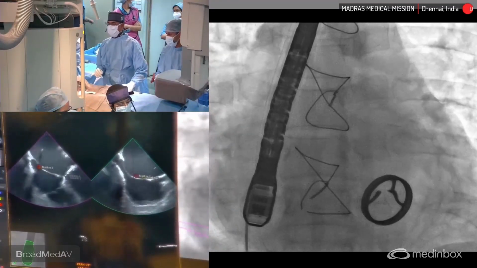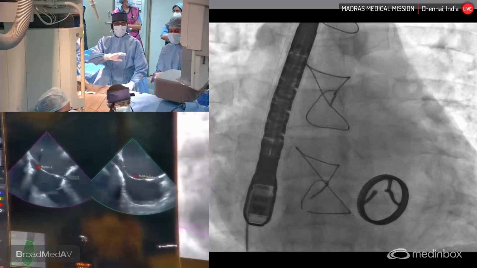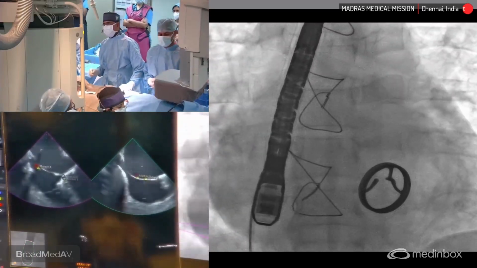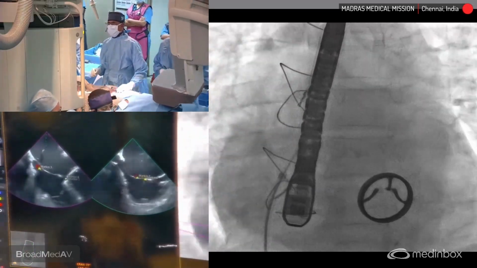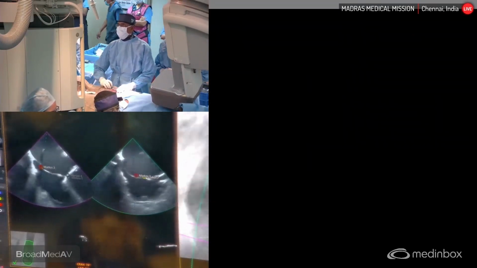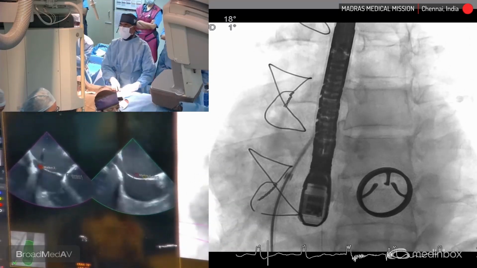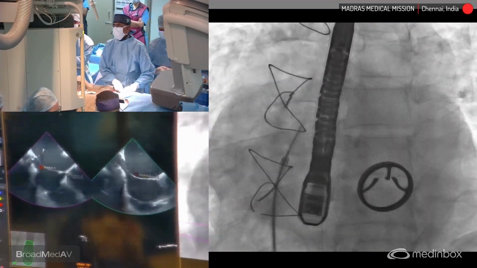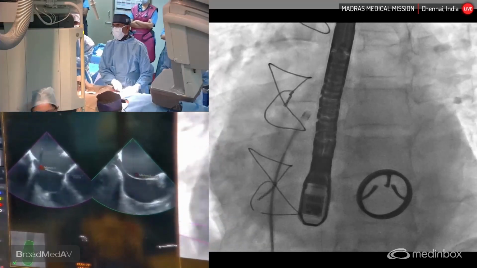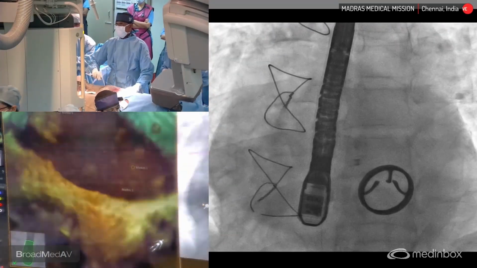It's completely hidden by the T probe. So let me move the image. Can you go LAO? Yeah. That's good. So now I'm in the LA. I'm advancing my transeptal sheath a little bit more, and I'm taking out